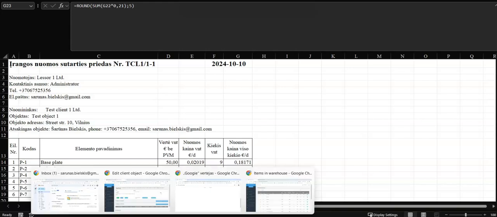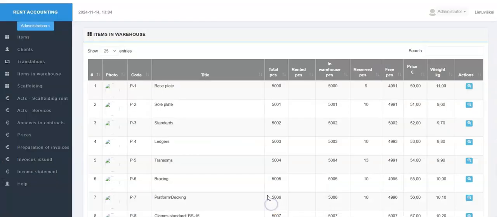After opening the Items in Warehouse page, we can see that reserved quantities have appeared in the reserved column in the rows of the corresponding components.